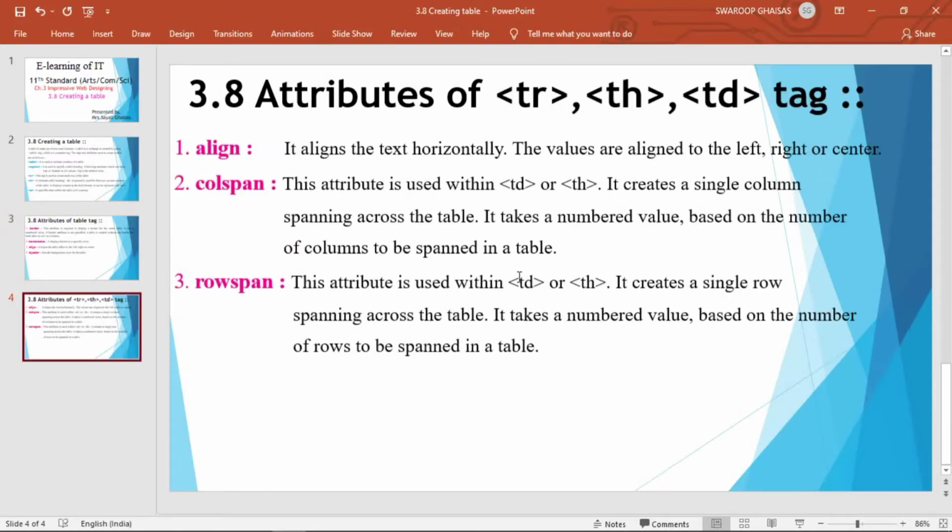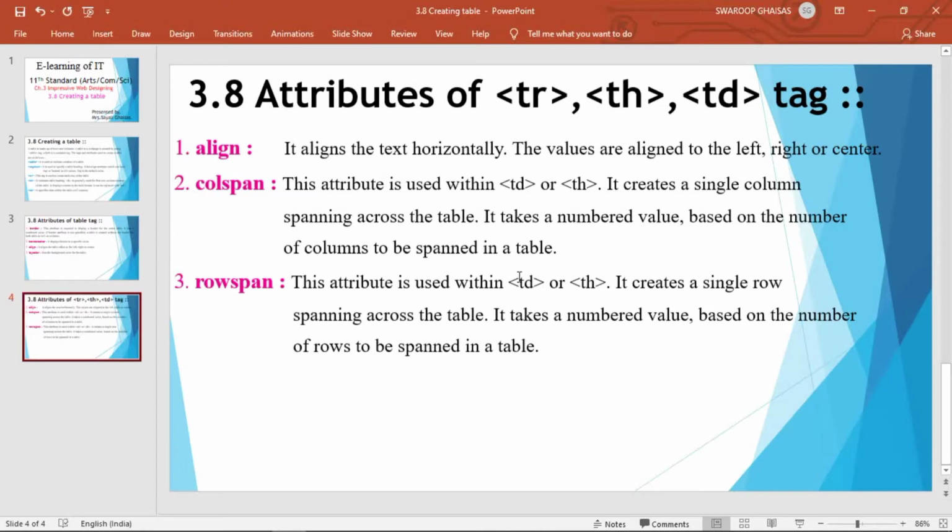Next, there are certain attributes of the TR, TH and TD tags. First of all, the align attribute is there. The align attribute aligns the text horizontally. The values are left, right or center. That is, using the align attribute you can specify the orientation of your text within a table.